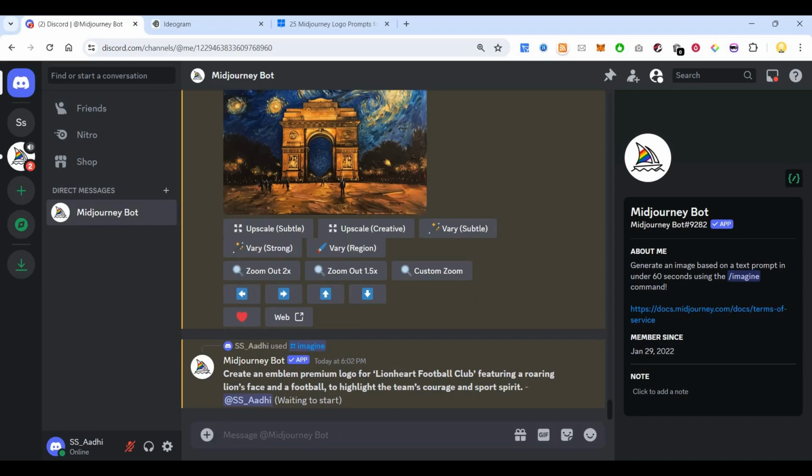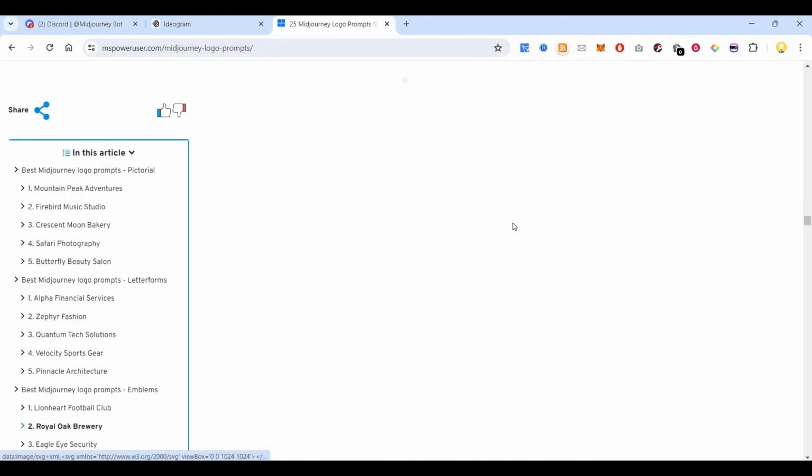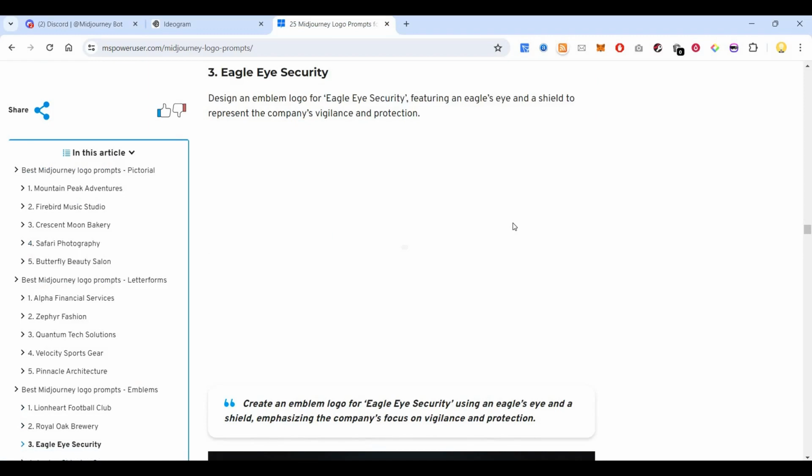Now when you send it to Midjourney, the bot will create those images for you. So now it's creating it. Now within Midjourney, what you can see is it is creating those images. So it will take some time. When it gets created, it will show up there. So before that, I'll show you few more